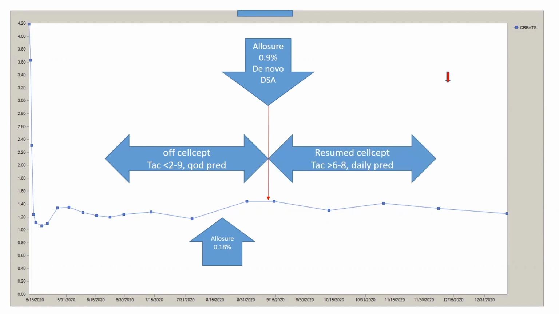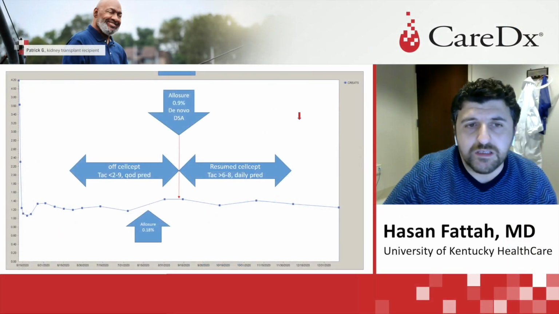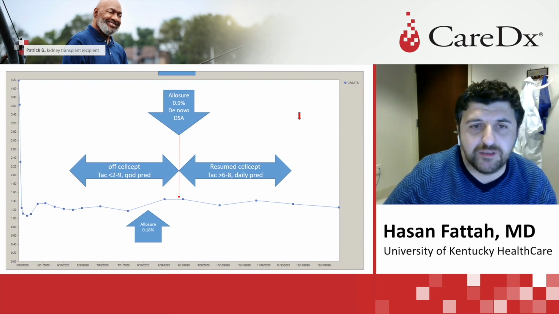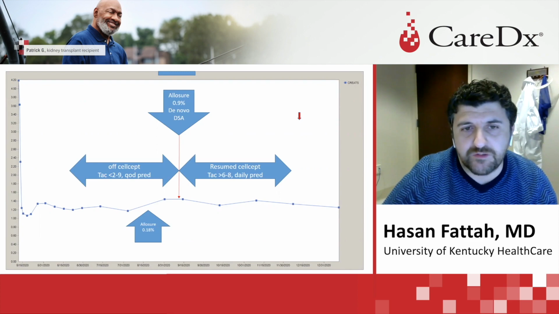At this time, the patient opted to have only her immunosuppression maintenance maximized, due to her decline to do a kidney biopsy and the fact that she lives far away from our transplant center. So we did maximize her baseline immunosuppression, resumed her CellCept, and kept her TAC level at least 6 to 8.